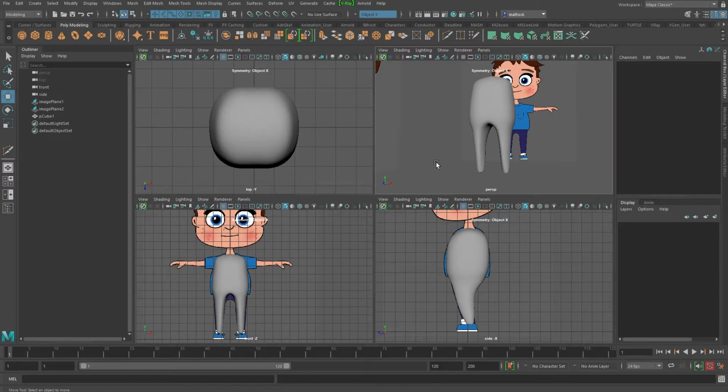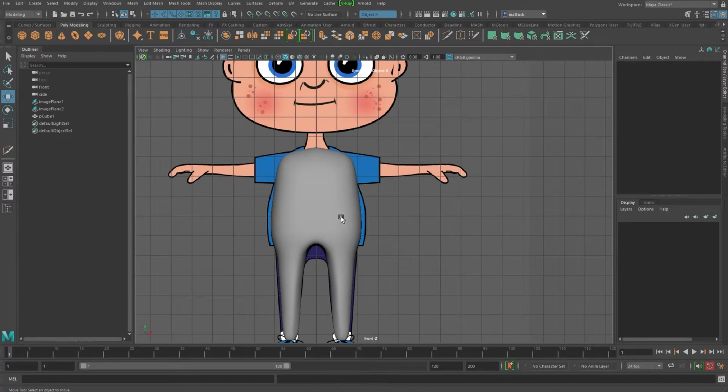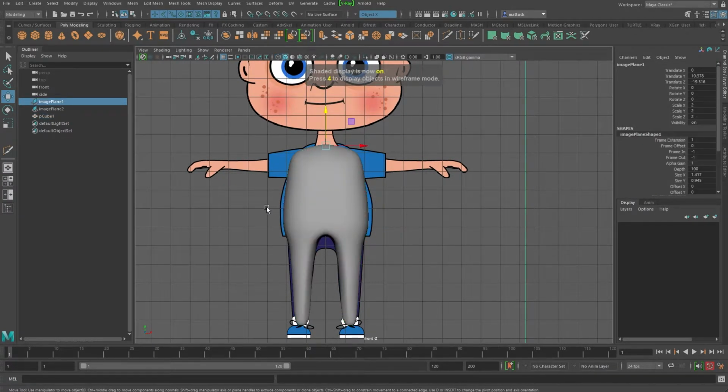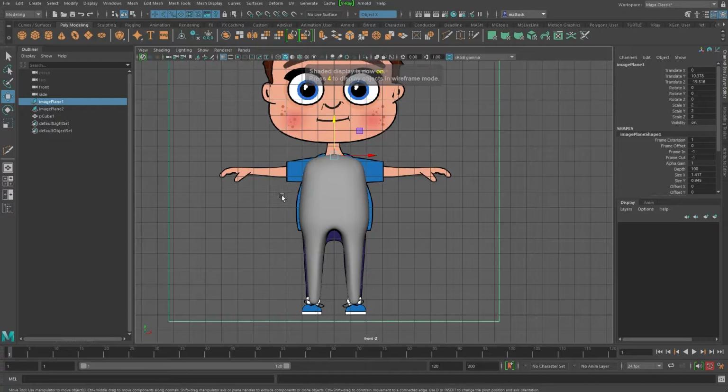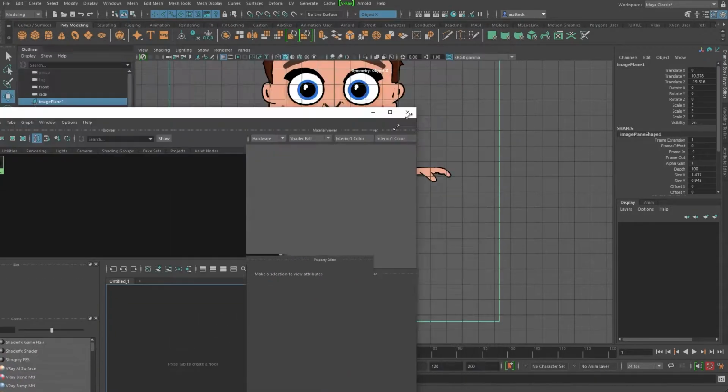Okay, so now's a good time to show you this special modeling material method. As you see at the moment, we're working and we've only got shaded or wireframe, and sometimes it's a bit hard to see. Sometimes you wish you could see part way through it, and this is possible. So this is a good tip for modeling. What we're going to do is create our own special modeling material, and we're going to control the amount of opacity. Open up your Hypershade here. Click this option over here and it will open up your Hypershade. It's come onto my other window, so I'm just going to scale it down to try and fit it all on for you guys.